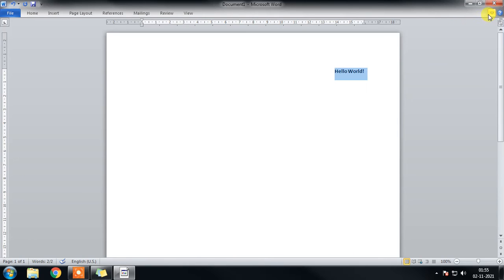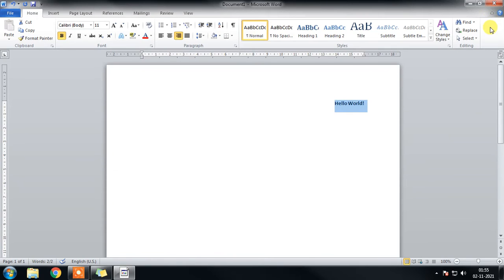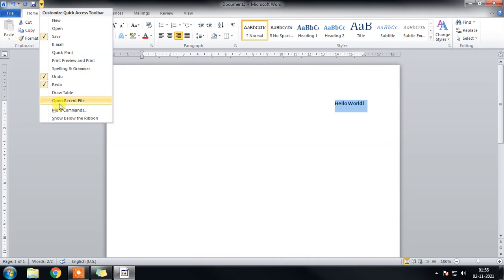And when we see this list, 4 icons, 4 commands are there. These two are related to the quick access toolbar and these two are related to the ribbon. So the top one is customize quick access toolbar. There, by clicking here, we can customize by selecting the commands which are already there. Or if you want to do more customization, we can click here.